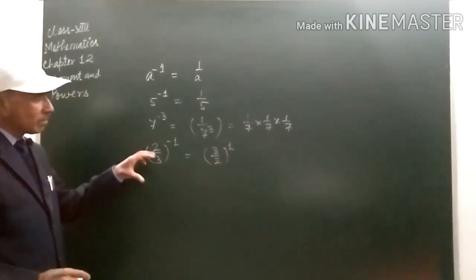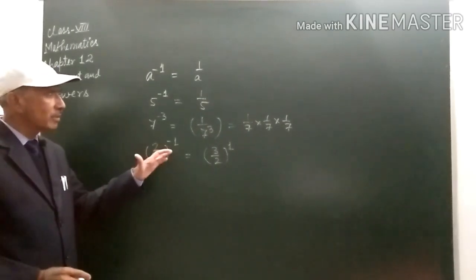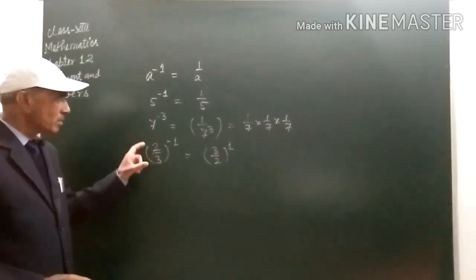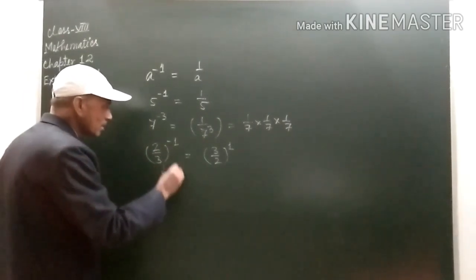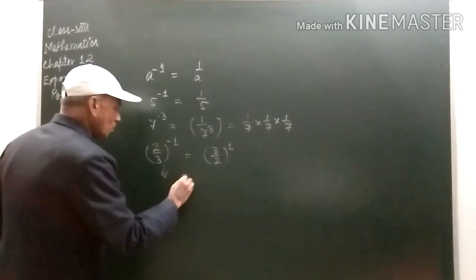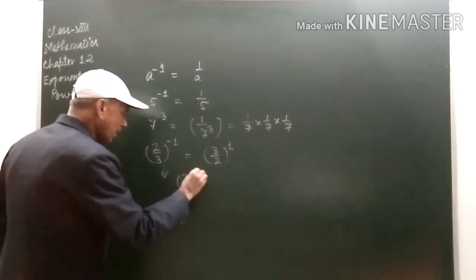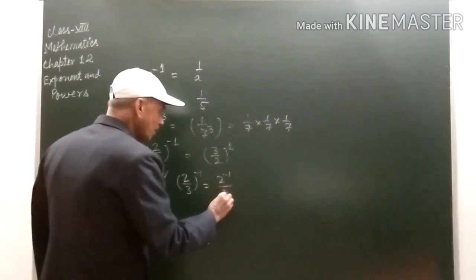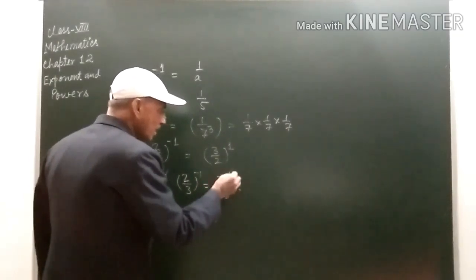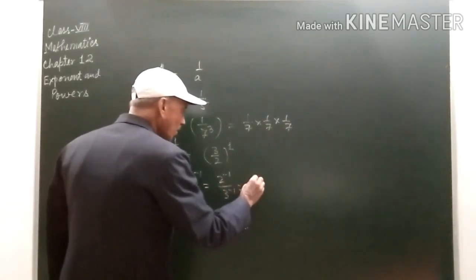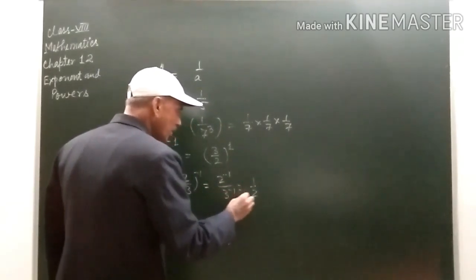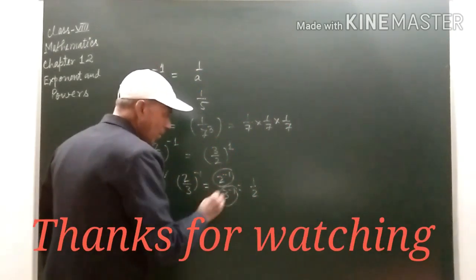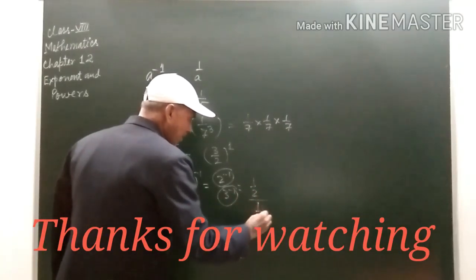इसके न्यूमरेटर और डिनोमिनेटर को अगर हम स्टूडेंट्स चेंज कर देते हैं तो इसका जो एक्सपोनेंट है ये माइनस से प्लस में हो जाएगा. इसको हम इस तरह से भी लिख सकते हैं स्टूडेंट्स, this one, 2 by 3 to the power minus 1 is equal to 2 to the power minus 1 and 3 to the power minus 1. It means that the power gives 1 by 2, and this one will be 1 by 3, that is 1 by 2 by 1 by 3.